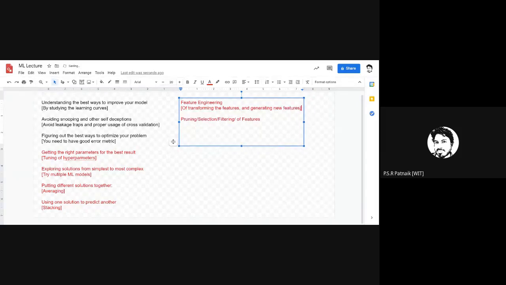Sometimes a data set might have so few features that your ML algorithms might fail to learn something from it. In that case, with the help of a domain expert and the domain in which this ML is being applied, for example medical diagnosis, the doctors or the experts are in a position to say that if you have a body mass index in these values, then it can be so and so condition.